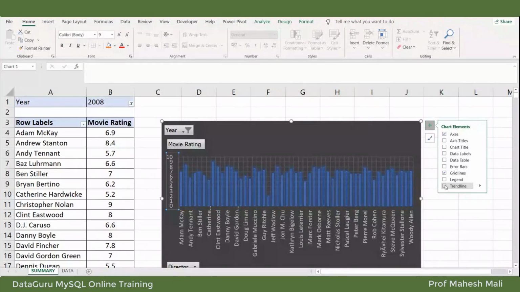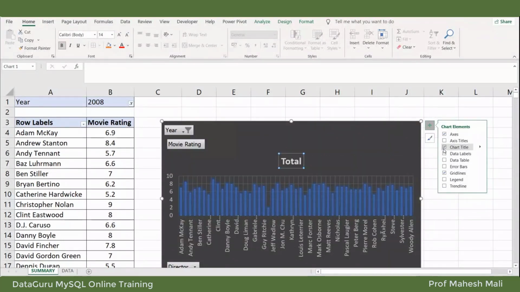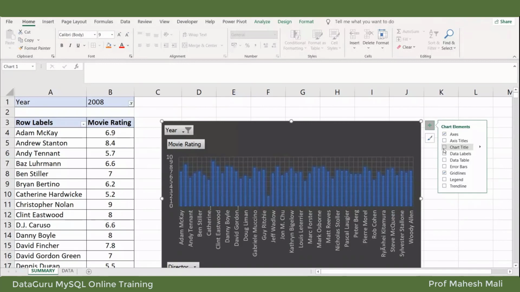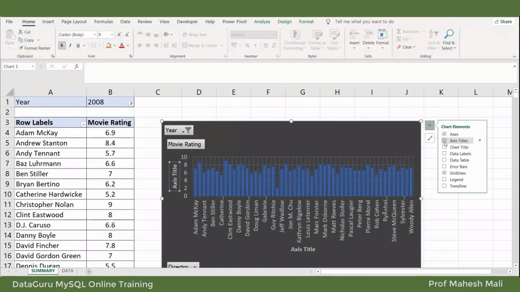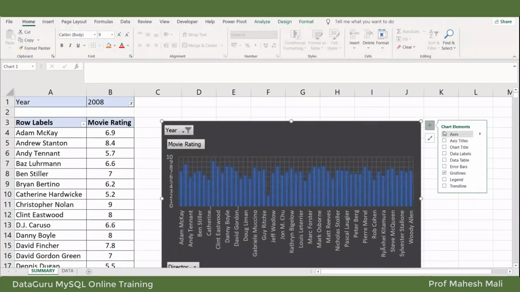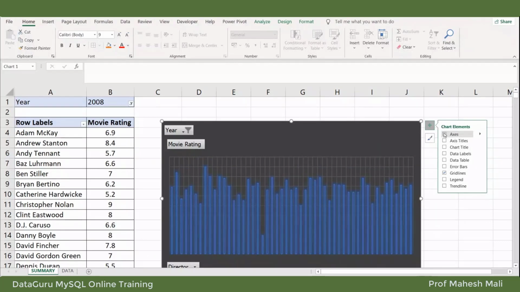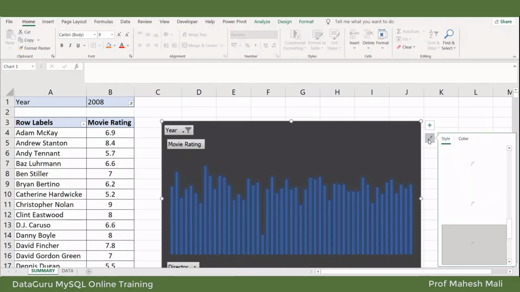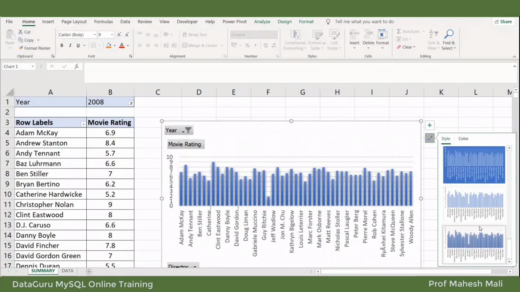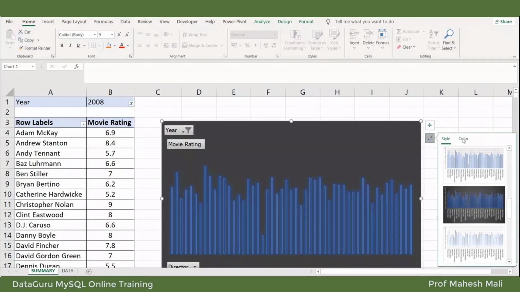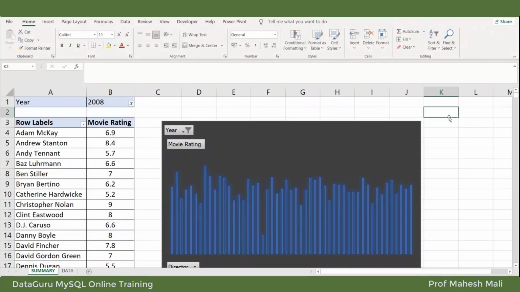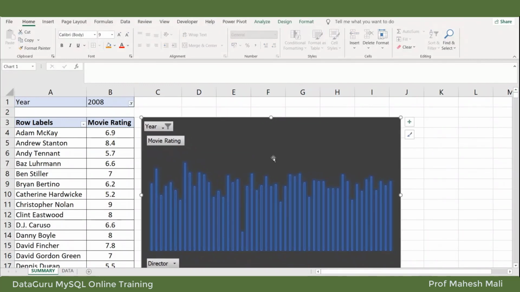Trend line, how the trend is going. Okay, chart type, title, axis titles if you want, and if you can remove. ठीक है, axis also you can remove simply, no need of axis. ठीक है, grid lines also I don't want, I want to see a very plain graph. ठीक है, then there are a lot of styles also available. Okay, colors are also available which you can select and modify as per your requirements.